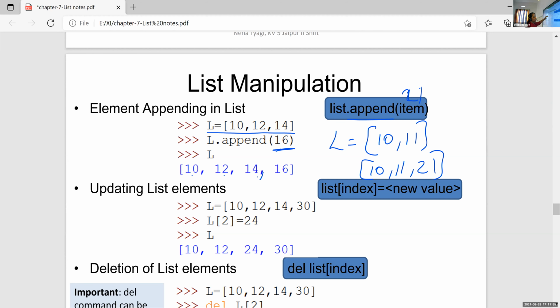Here the current value of the list is 10, 12, 14. I will just add one more value. For adding one more value at the end, use L dot. Here I want to update L. Okay, I want to update the list L. So start with L dot. Okay, if the list name is L1 equal to, then you will write L1 dot. If this list name is L1, then just write L1 dot append.